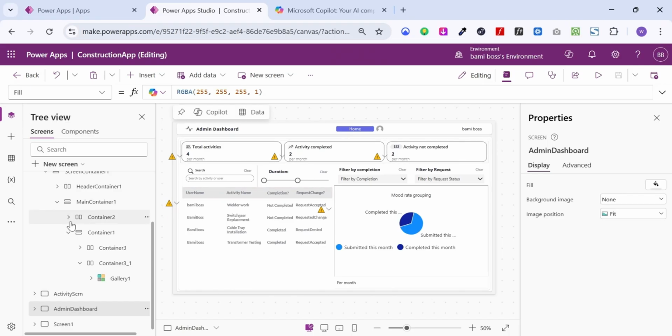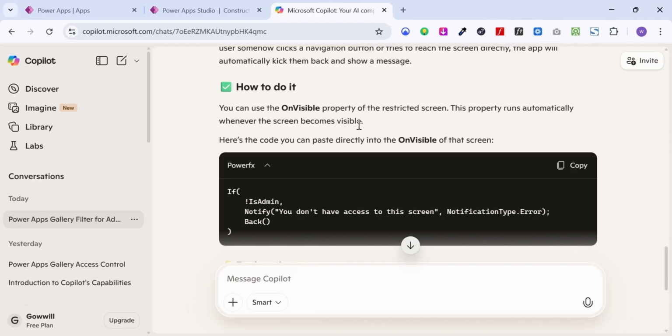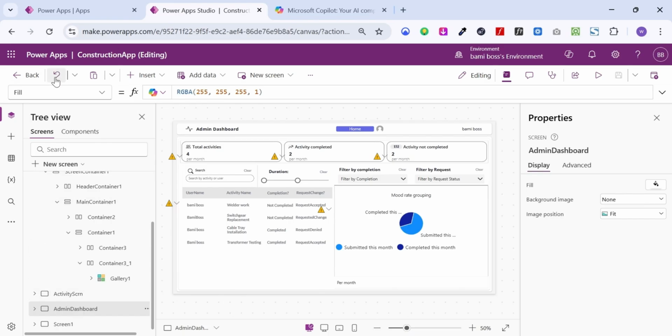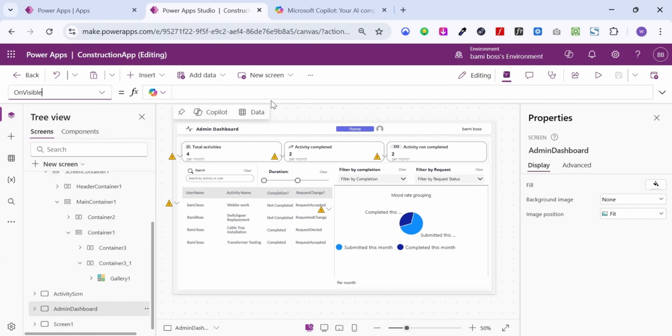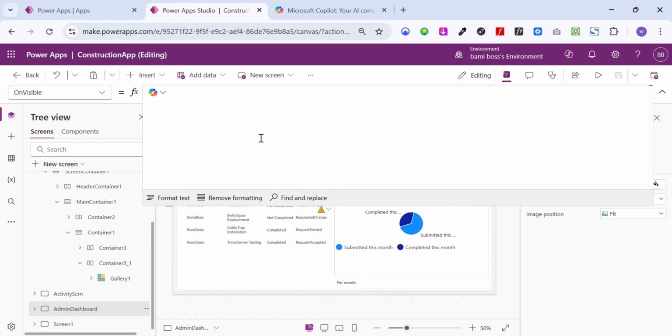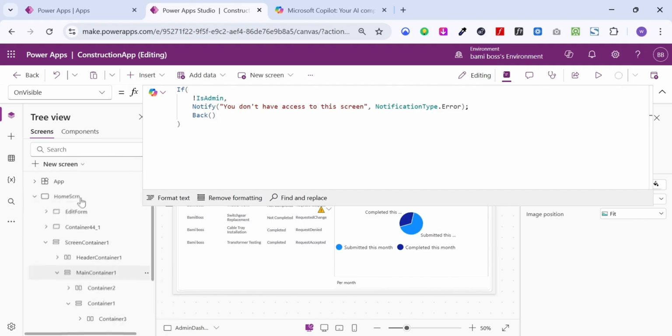So now we are going to practicalize it. So on this screen now, where is it saying I should put it? It says on the invisible property. So just come to the screen you don't want other normal users to go to. On the invisible property, just paste this code. Do you get? Just paste the code. Just watch. By the time I go back to my app now,